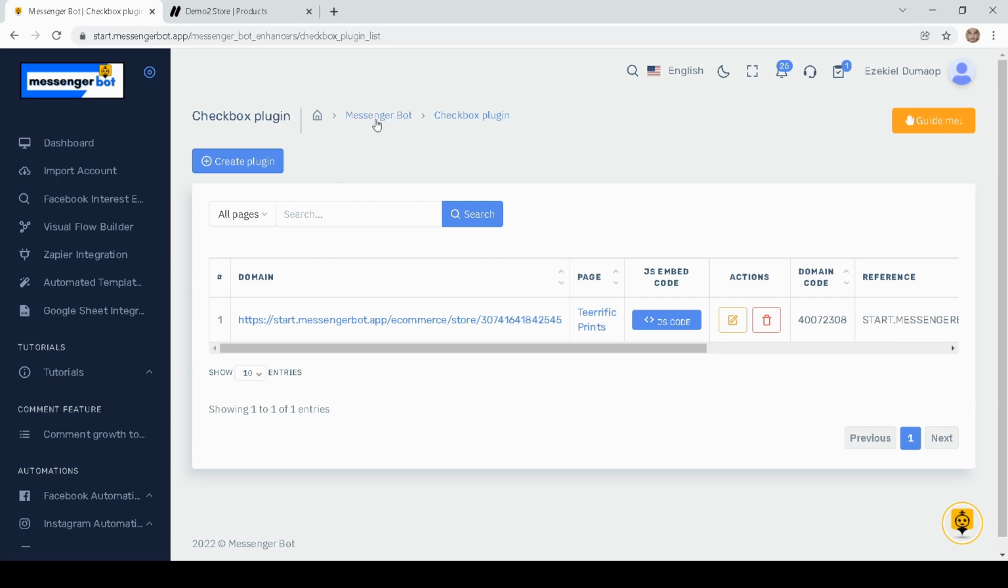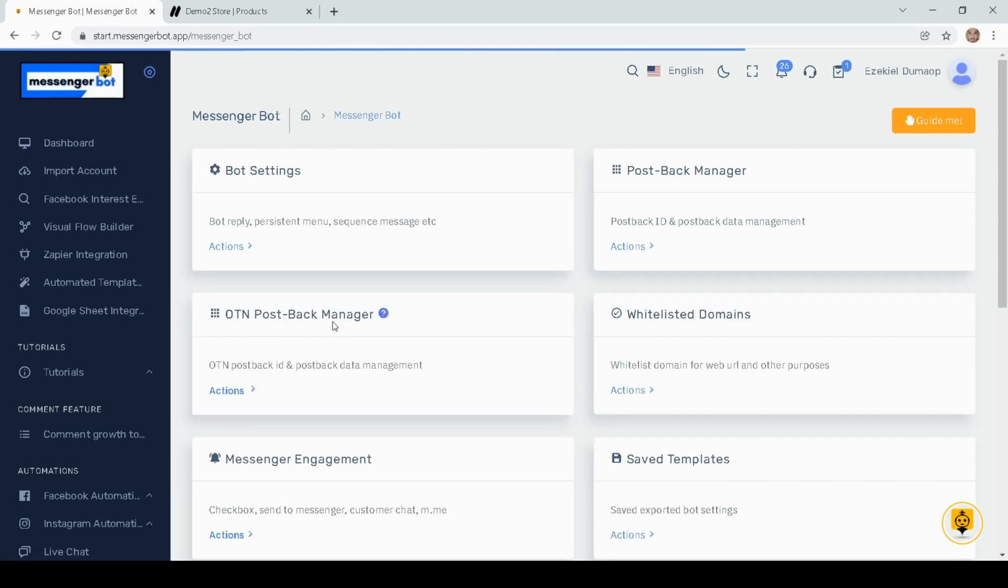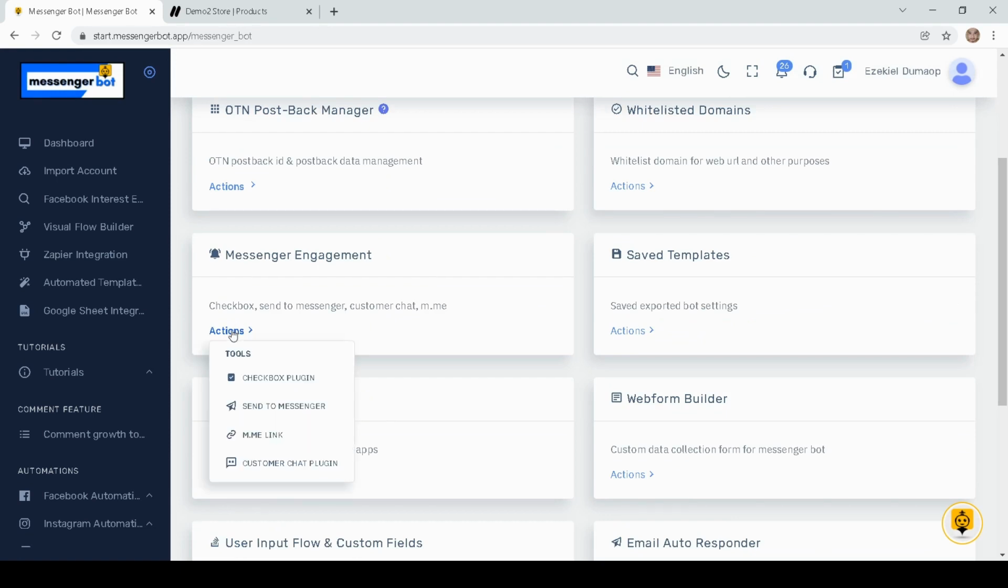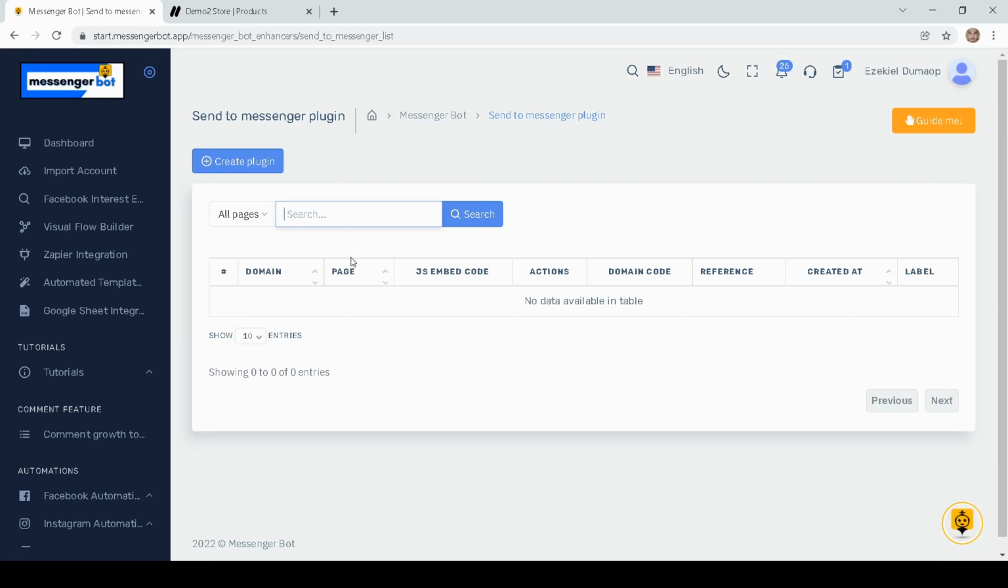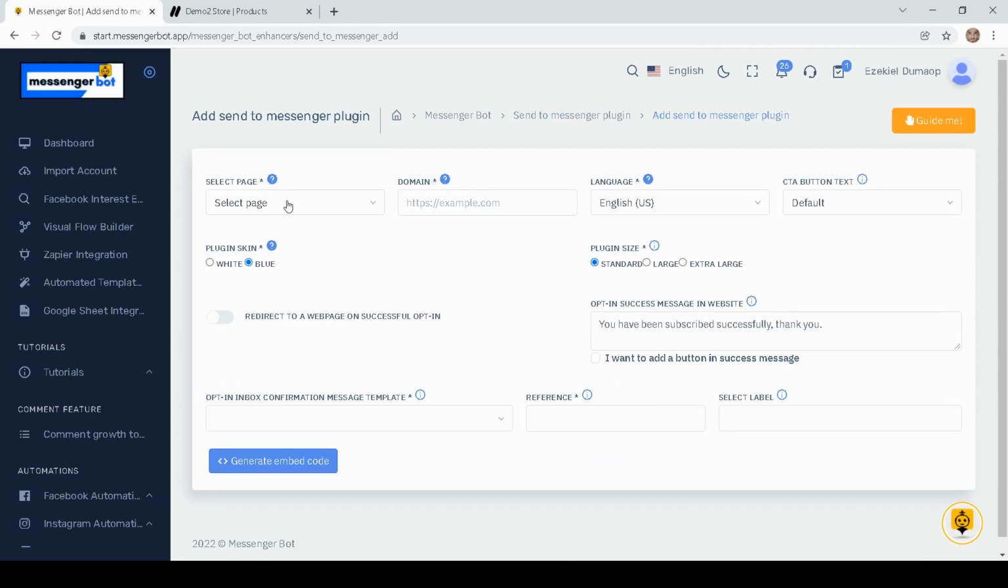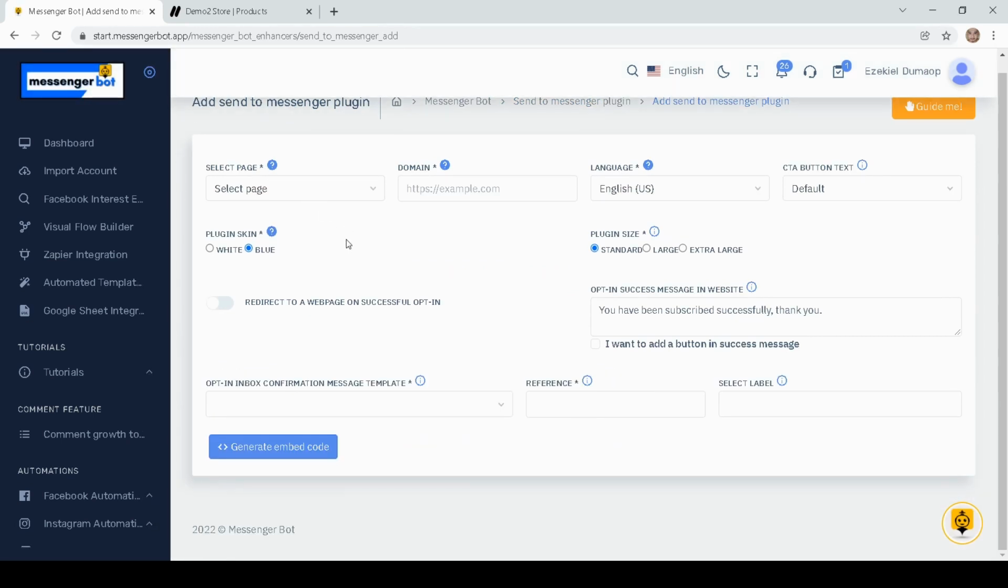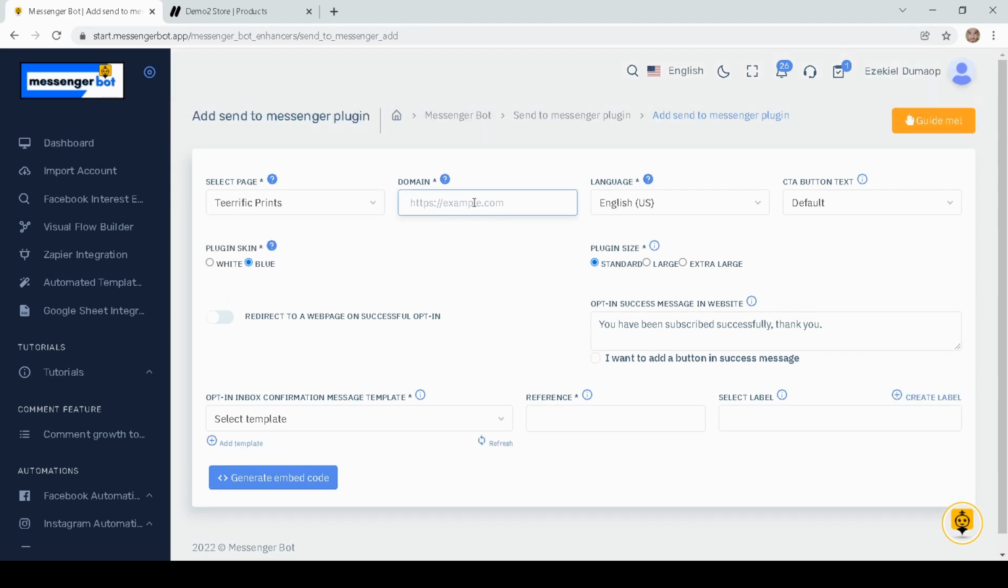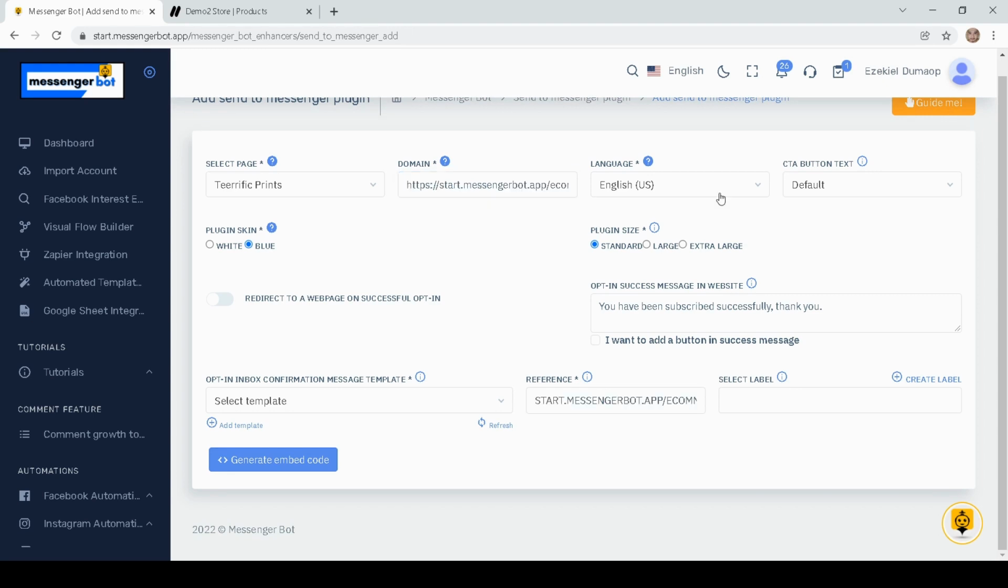Now, let's go to the second plugin, which is the Send to Messenger plugin. To create one, just click Create Plugin. Now, select the page we want to use here, and also the domain we want to use the plugin, the language,